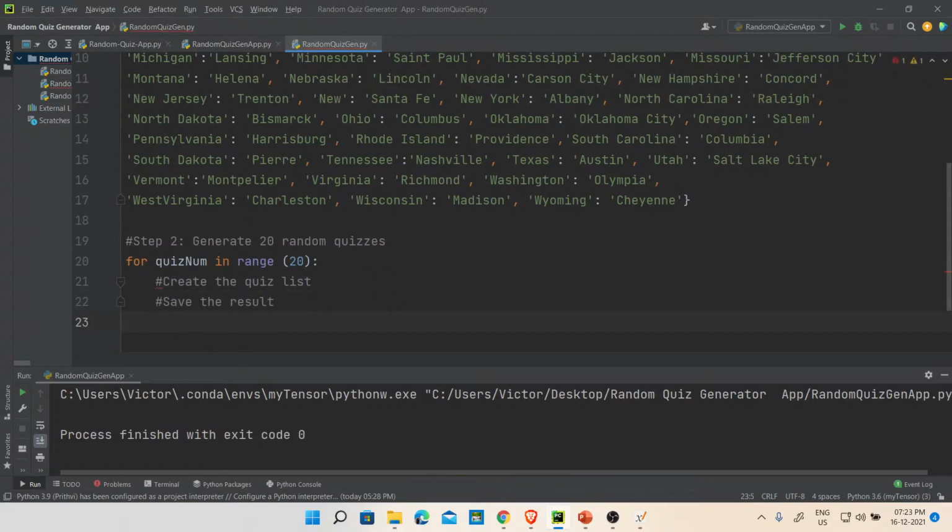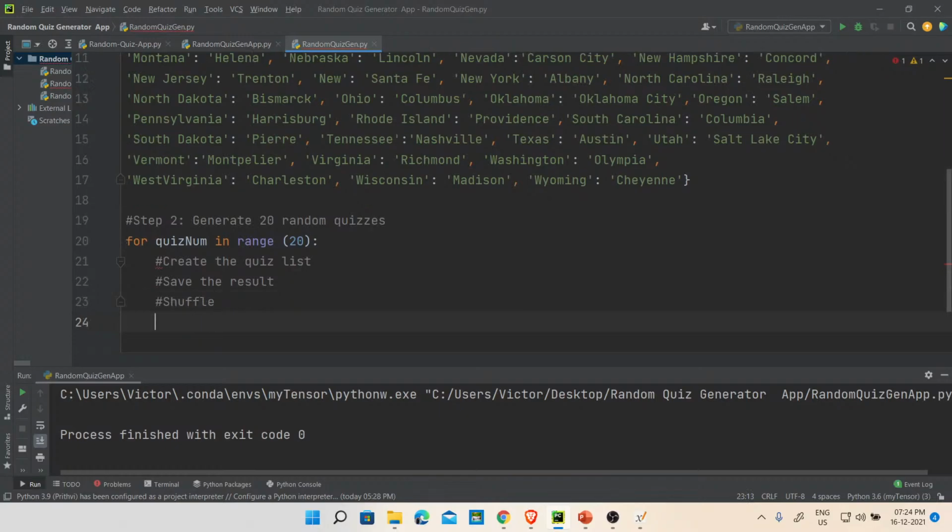We have imported random, so we shuffle it. SHUFFLE. And then when you shuffle this, we are going to go through all the states, right? Shuffle from all available states in the dictionary. Fine, dict for short. As we already know, if it is India, we have 28 states, and from that we needed 20 of them, and we want these 20 to be selected at random. That's it. So what do we do now?